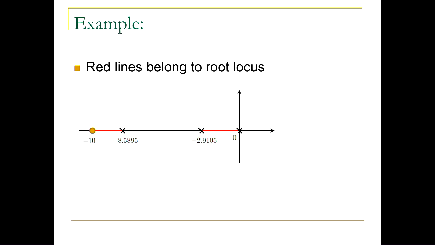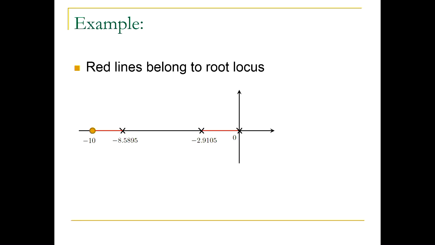Now, at some point, we would definitely have a branching point, because these two branches would meet as we increase k. We will have, for some k, multiple poles at the same point, and then it will branch out somewhere. Now, when it branches out, these things will go to infinity as k goes to infinity, but we also want to know whether these branches would cross the imaginary axis in doing so.